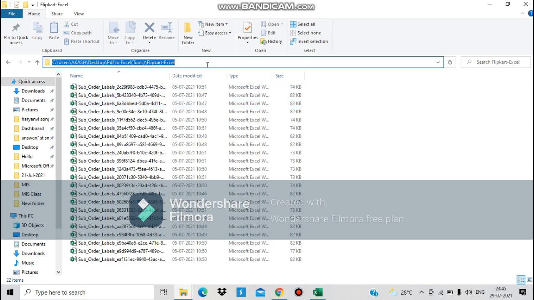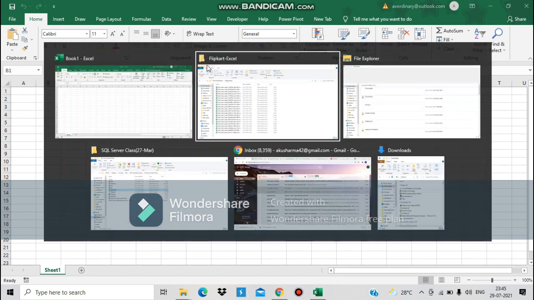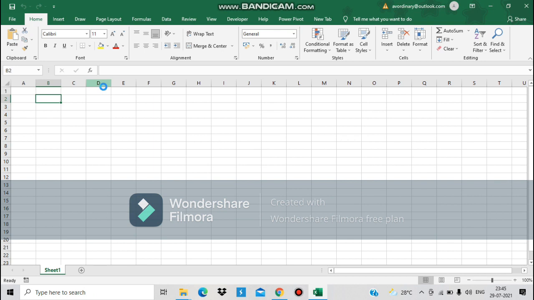What I want here is that hyperlinks should be created with the names of the respective workbooks. Let's suppose the hyperlink is created for this one. So when I click on this name, this workbook should get open. This is the task which we are going to do by VBA. So let's do it.